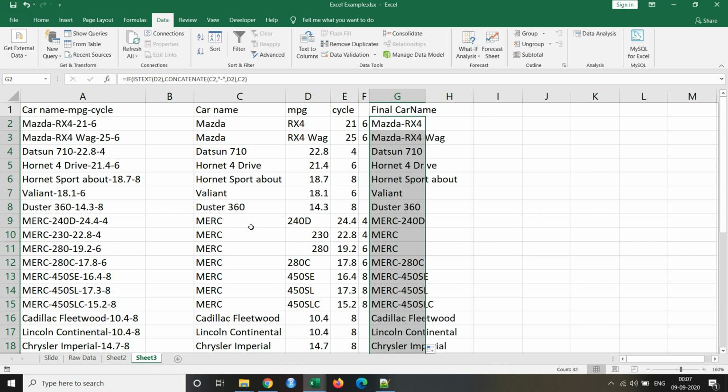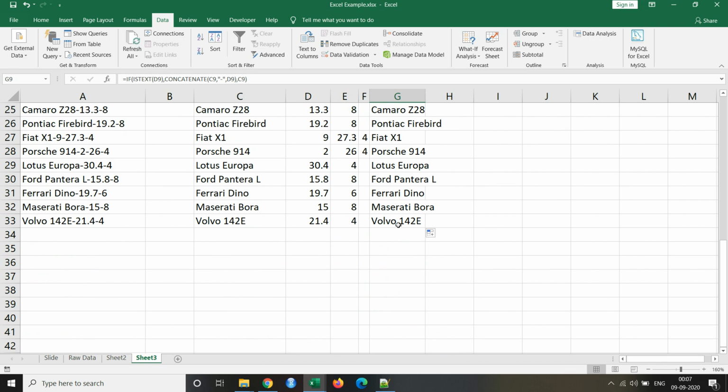Now you will see that, for example, this one Duster 360 was fine, it didn't have any dash, so it comes correctly. This Mercedes 240D was segregated in 4 columns, so I had to join these two as Mercedes dash 240D. So the formula did it here for me, right?